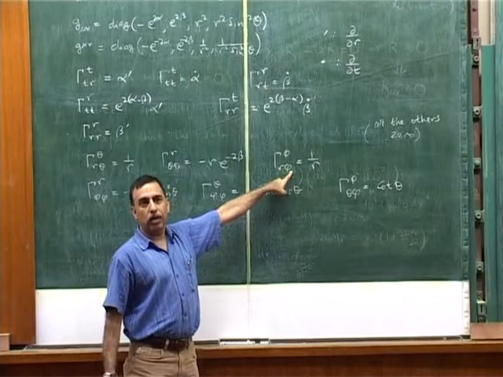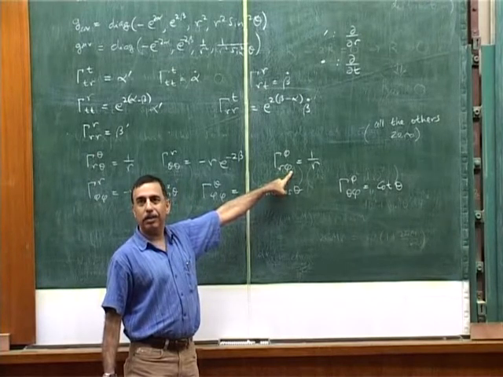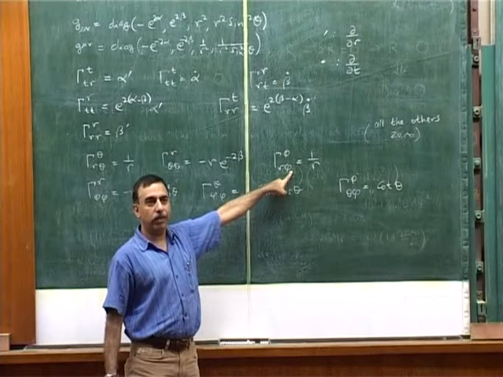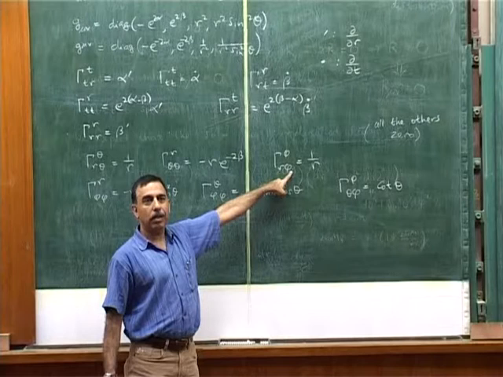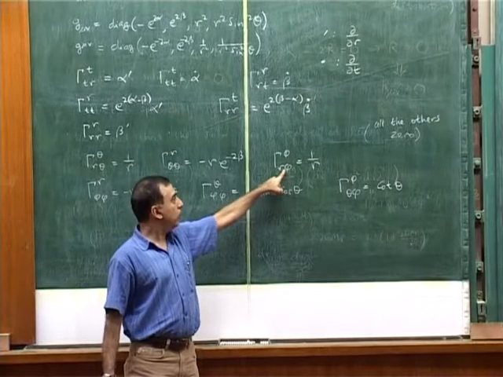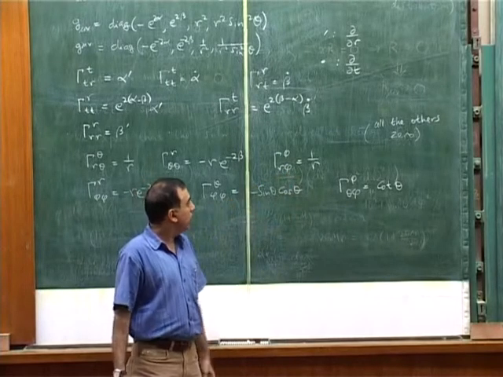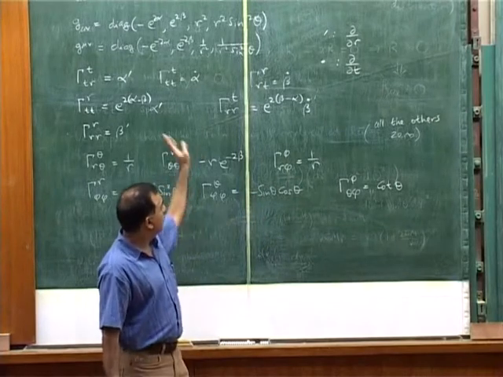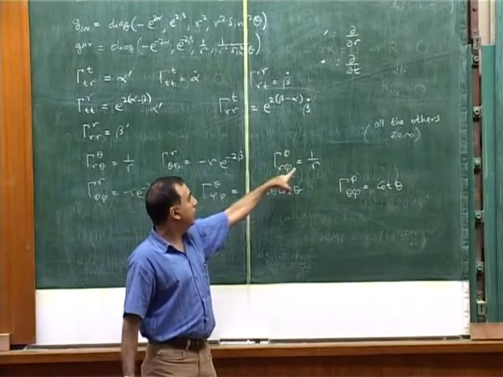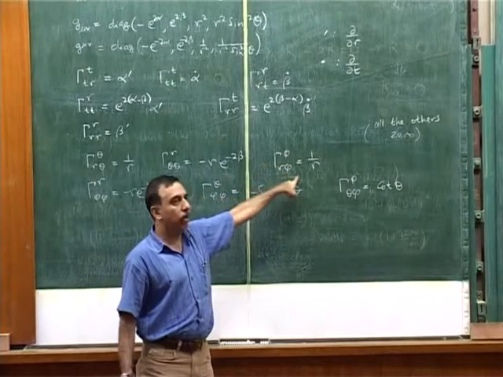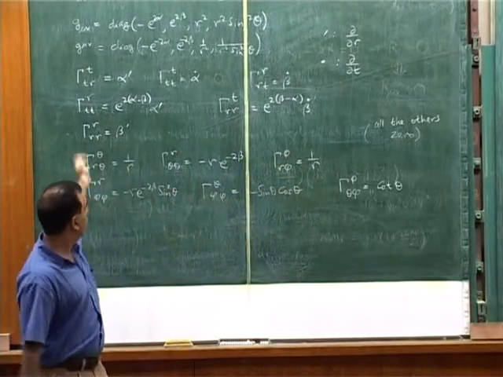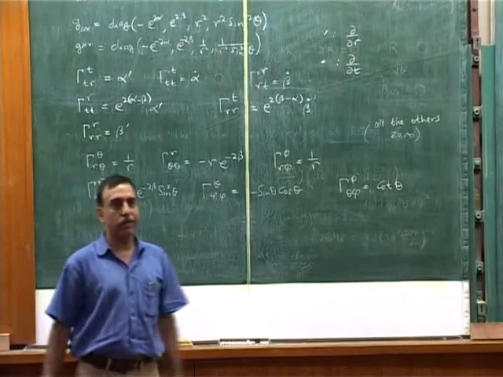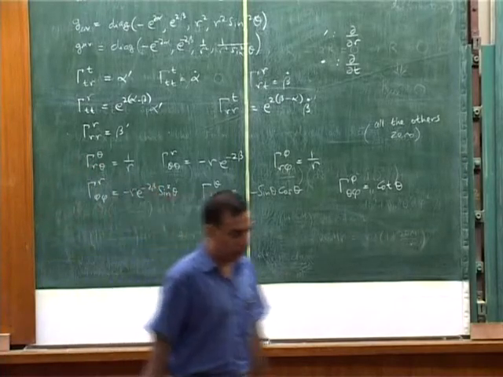Okay. So is that right? Oh, that's an awful lot of gammas. Is it really 40? I think it is. 4 times 4 symmetric. So there are all kinds of gammas that are 0, like gamma phi t theta, gamma phi t r, all kinds of gammas. Lots of them are 0. Most are 0, maybe only about a quarter of them are non-zero. Okay, good. So we should be happy.